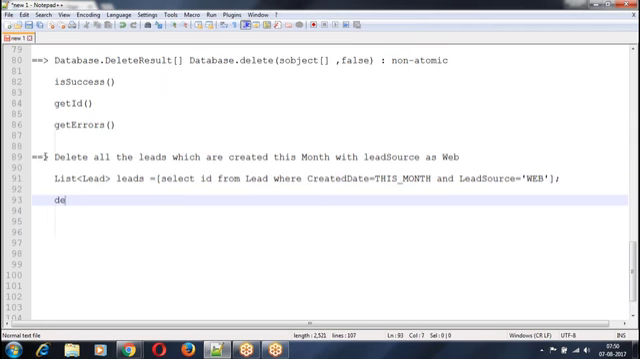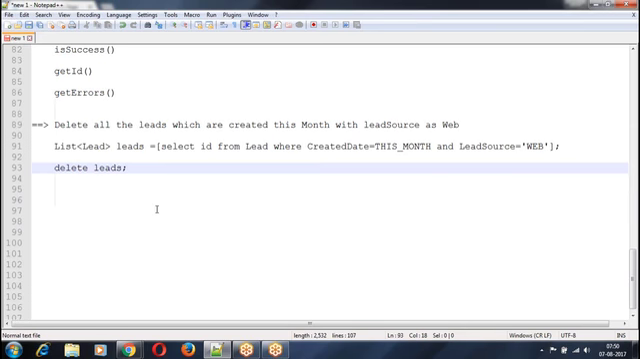What do we do? Delete leads. Delete all the leads which are created this month with the lead source as web. Right. Similarly,